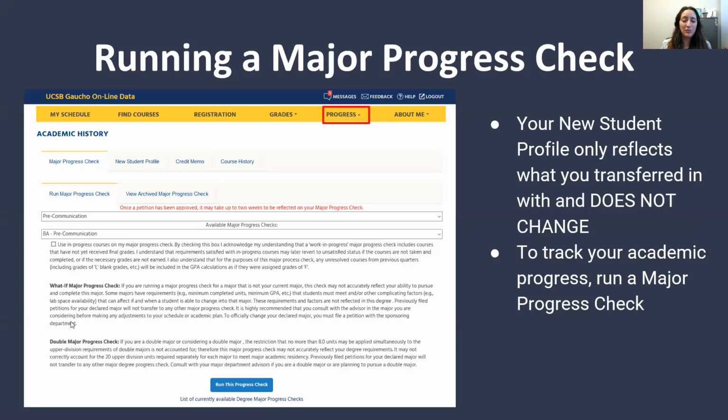To check your academic progress throughout your years at UCSB, you would want to check your major progress check. You would click the Run the Major Progress Check button to run the check, and it'll show you a list of all the requirements that you have left to complete at UCSB. Most of the time, advising questions can be answered by checking your major progress check.